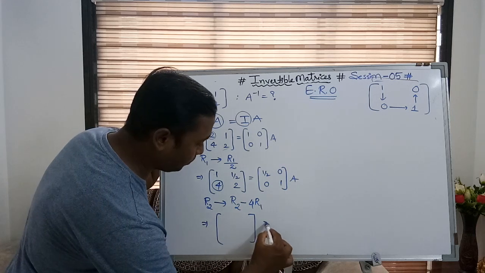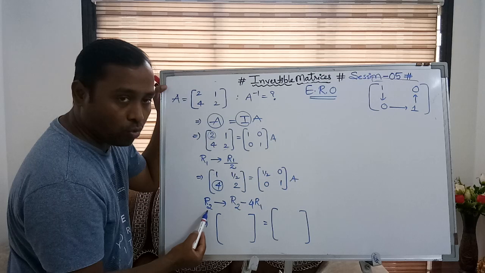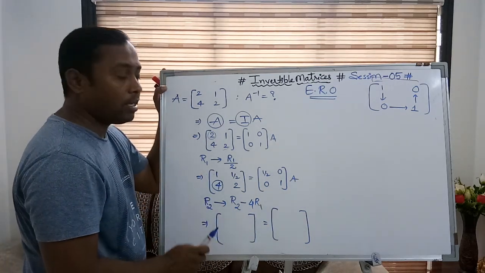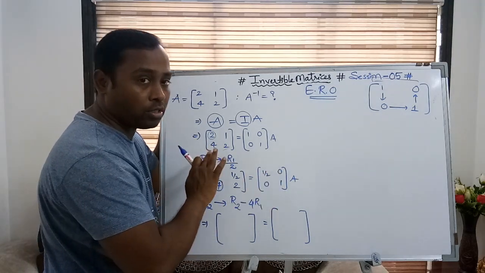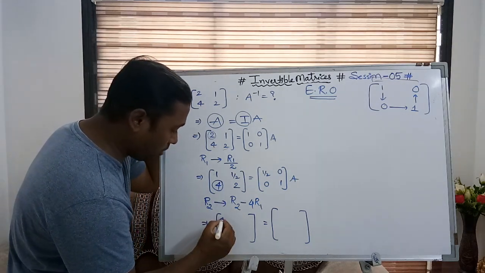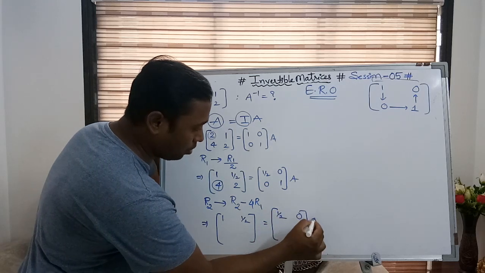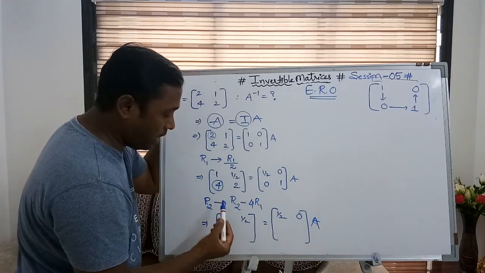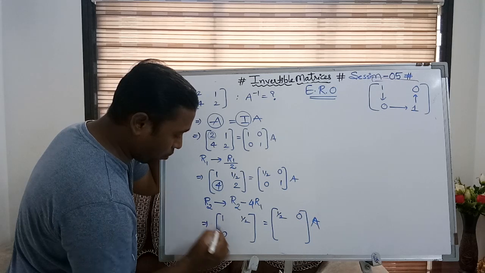what am I going to get? So which row are we going to change? This time R2 is going to change, hence R1 will remain the same. It means that at a time, in every step, only one row changes entirely and the other rows remain undisturbed. Remember that, right? So hence R1 will remain the same. I am writing the R1 element as it is without any change. Now I am going to change the R2 elements by applying this operation. So it will become 0.